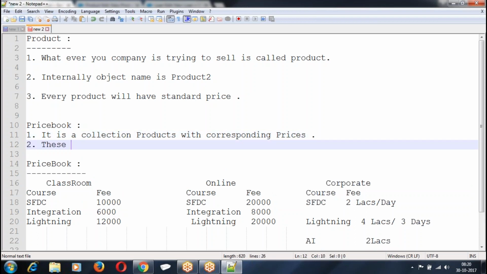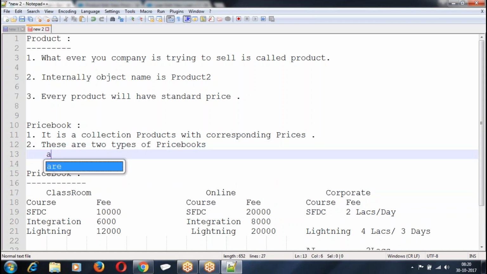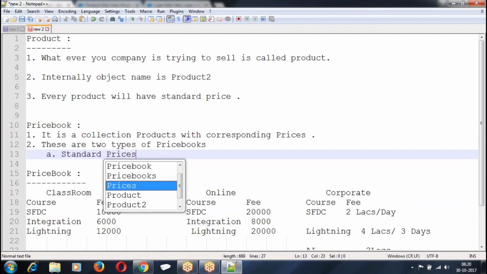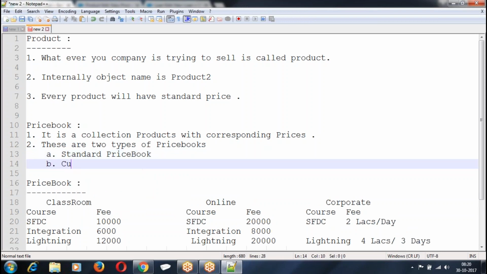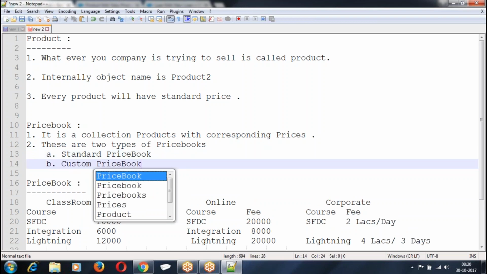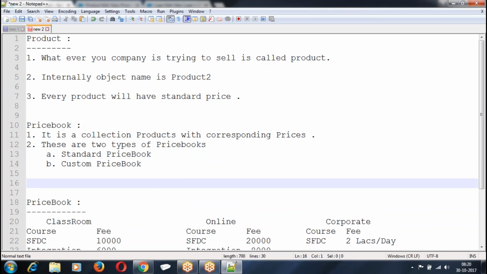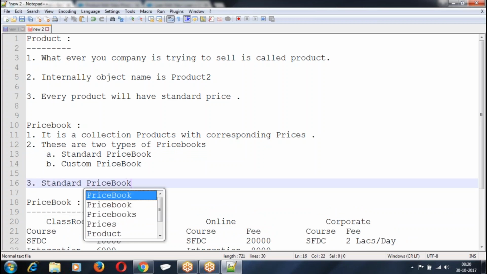There are 2 types of price books. What are they? We have a standard price book and a custom price book. So what is a standard price book?